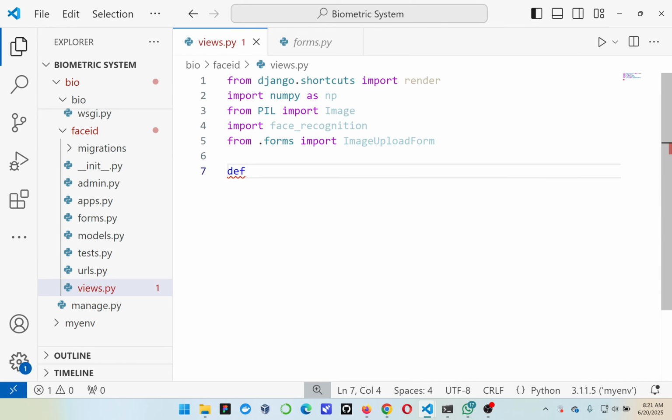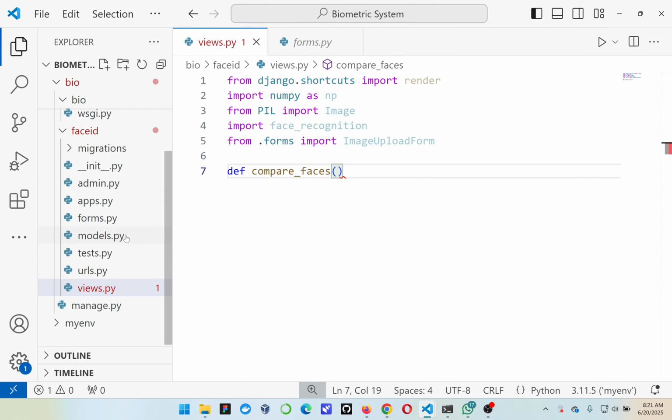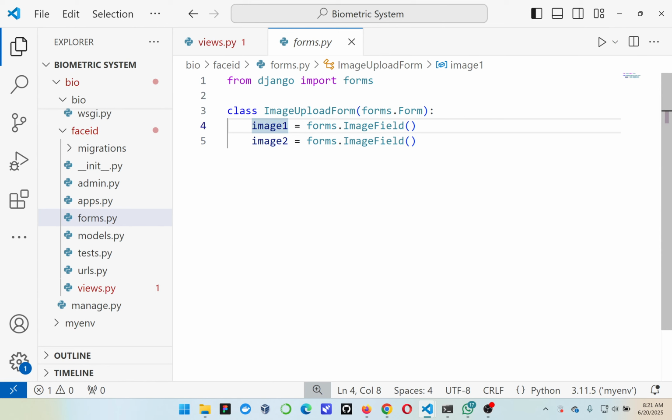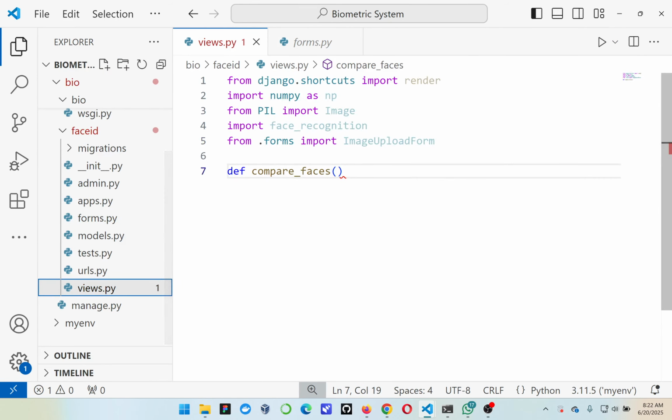To create a function in Python, you define the name of the function. Let's call it compare faces. Then the function parameter. What are we going to give this function to perform actions on? When you go to forms.py, the user is going to upload image 1 and image 2. So we need to give image 1 and image 2 to this function for it to compare the faces. So we need to give image 1